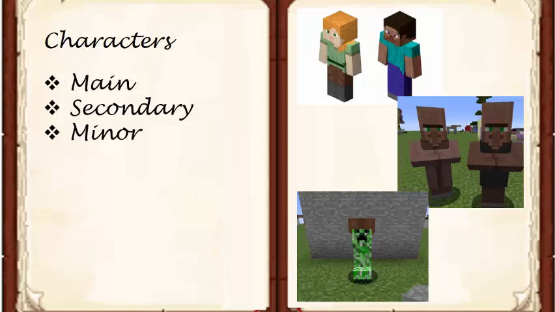Secondary characters are ones that give you information. They supplement what's going on in the story. They're necessary, but they don't necessarily have to do a ton with what's going on with the main storyline. So they usually have a name, but they are usually not one of the key players in the story. And then you have minor characters. Characters are usually named like ticket seller, a general name. They're not given an actual name. Those are minor characters that you need in the story, however, they are not actually named.